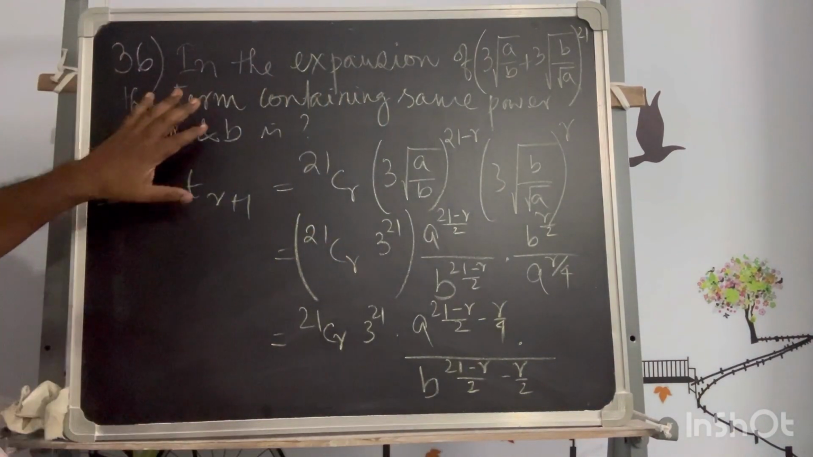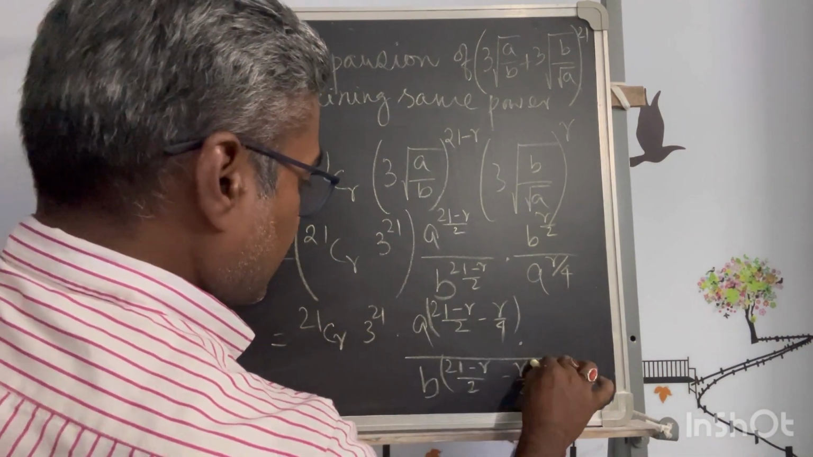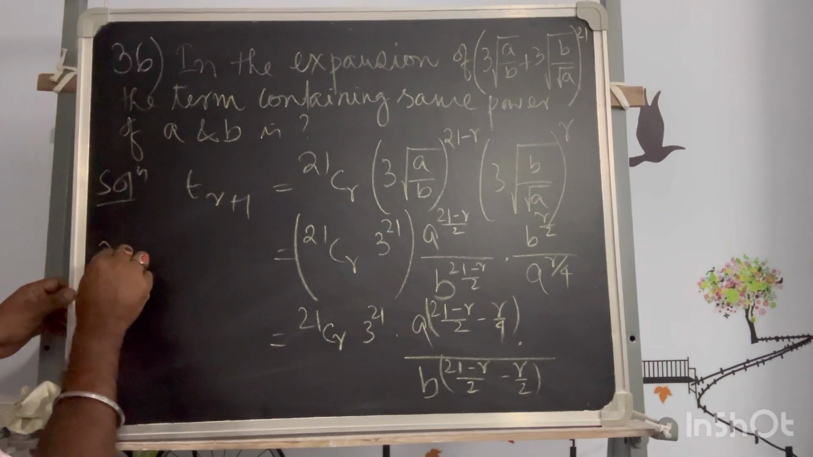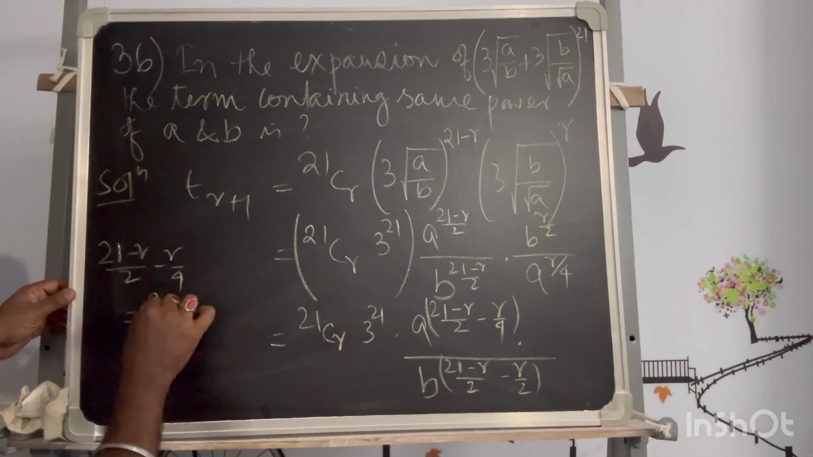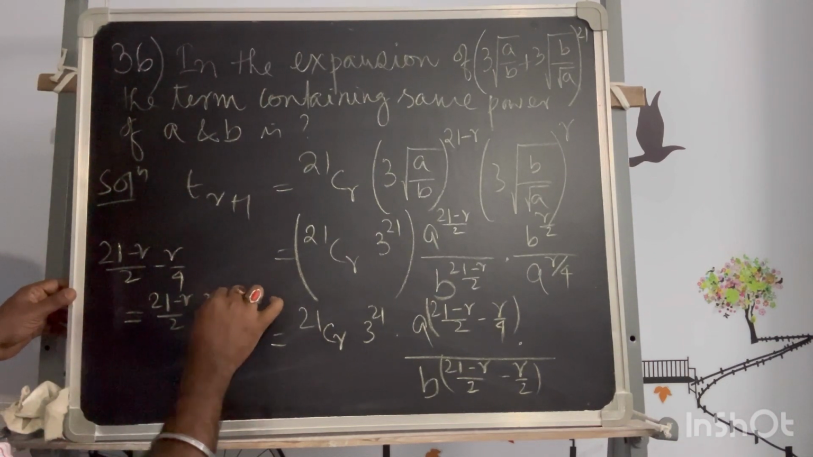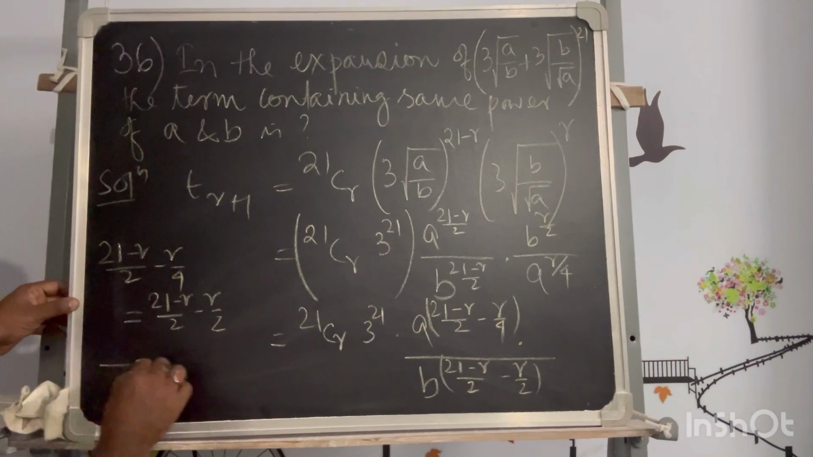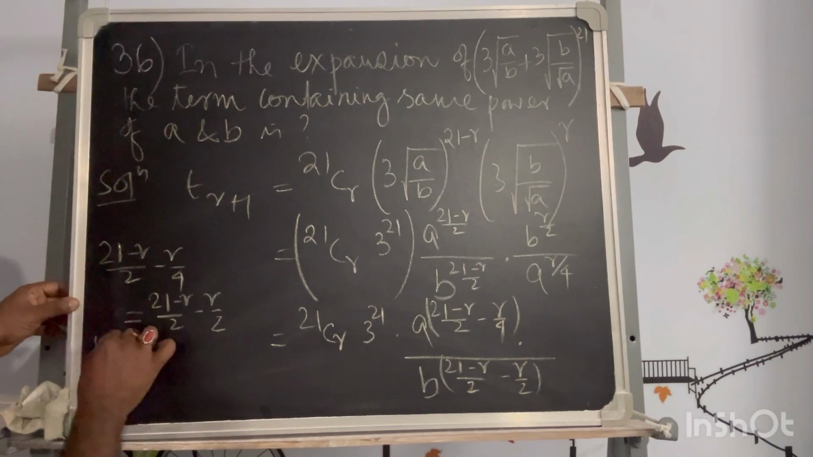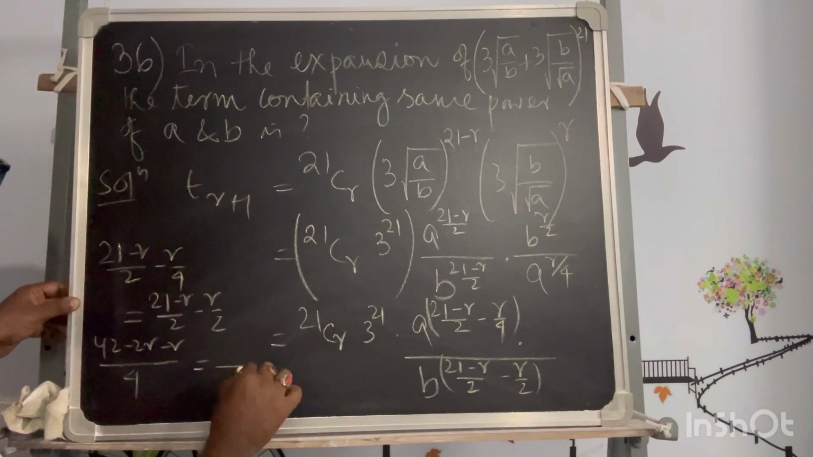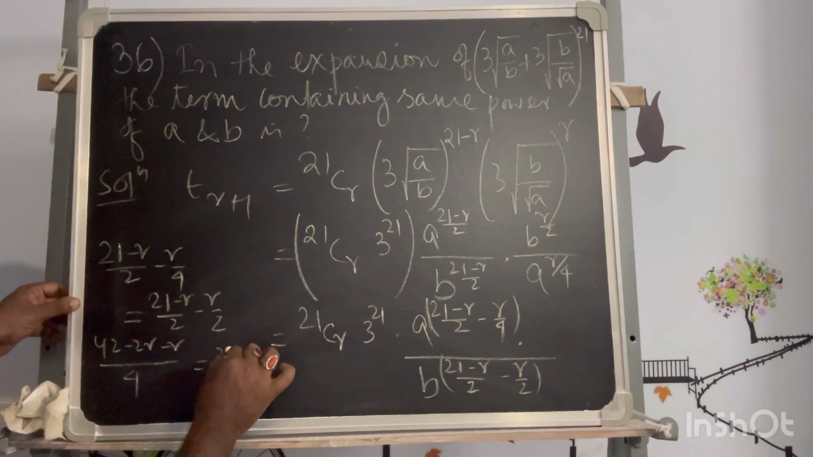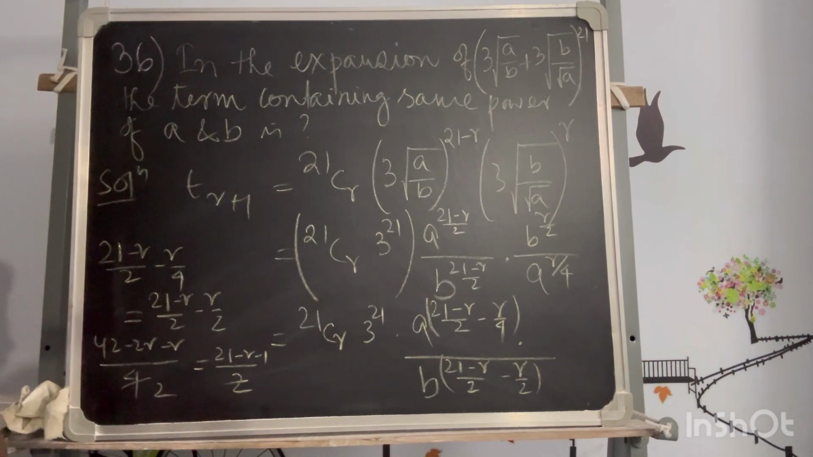So now as per the condition, the power of A and B are equal. So this is the power of A, this is the power of B. These are equal, so I can equate them. 21 minus r by 2 minus r by 4 is equal to 21 minus r by 2 minus r by 2. So how much will this be? 4 will be the LCM here. So this will be 42 minus 2r and again minus r, and this side 2 will be the LCM, 21 minus r minus r. So this 2 will be cancelled out. So ultimately